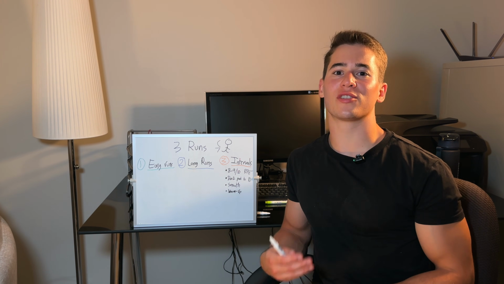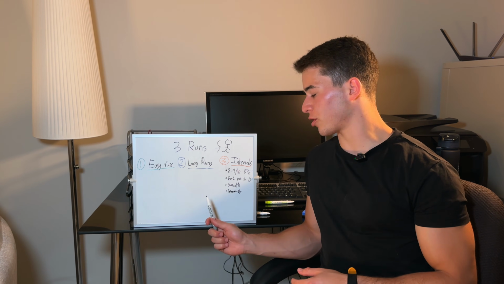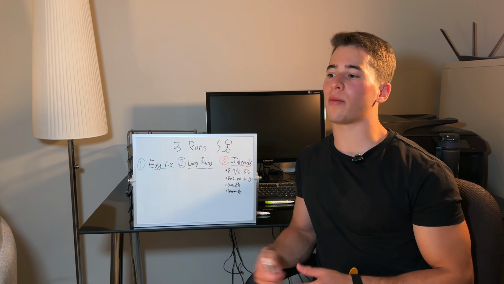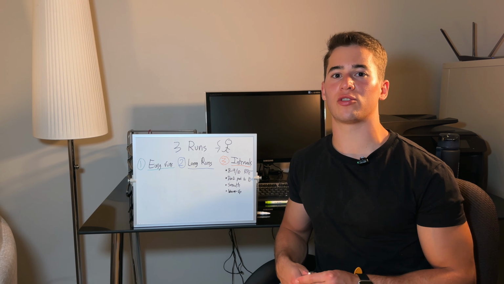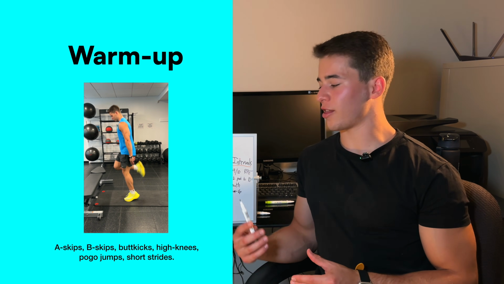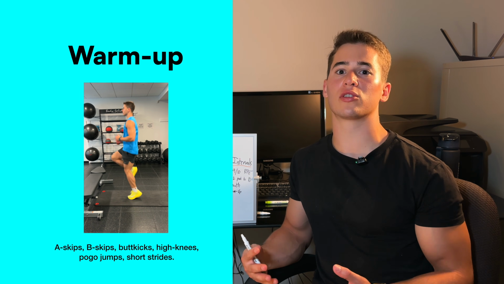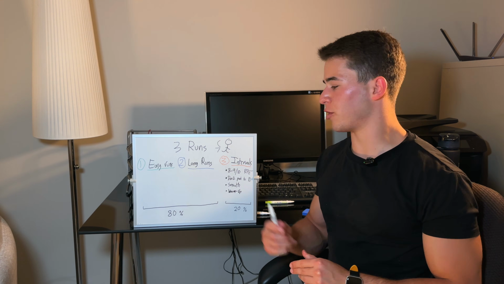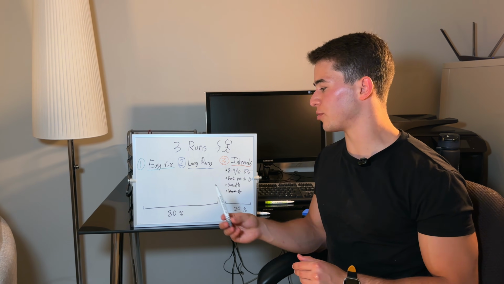And also, since intervals demand a good amount of output, I want you to focus on a bit of a longer warm-up compared to easy and long runs. So that means including some activation and plyometric drills like A skips, B skips, buck kicks, high knees, things to prepare your body to be explosive to complete the sets with fast speed. And also, one last important thing to know is that easy and long runs will make up to about 80%